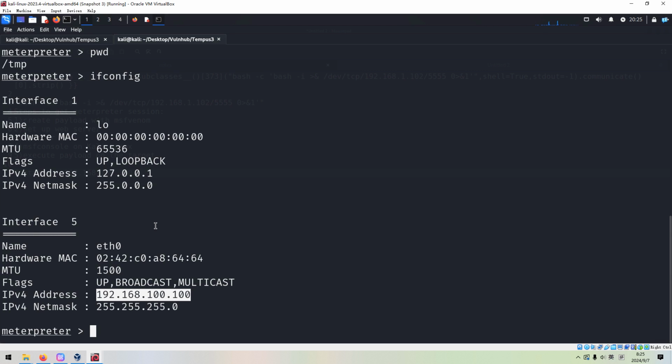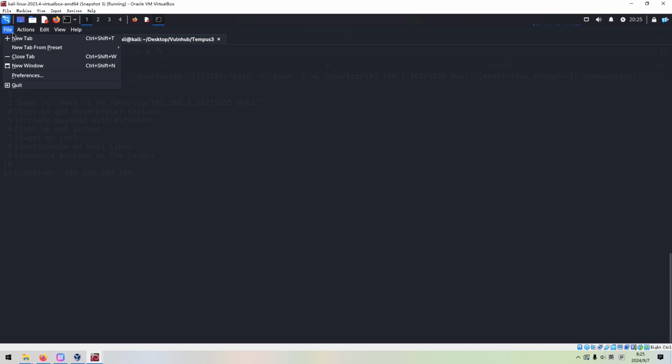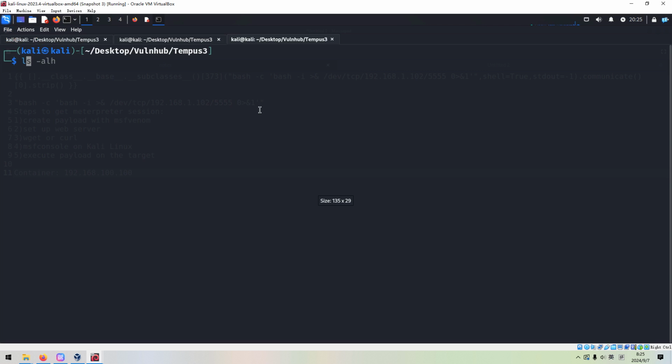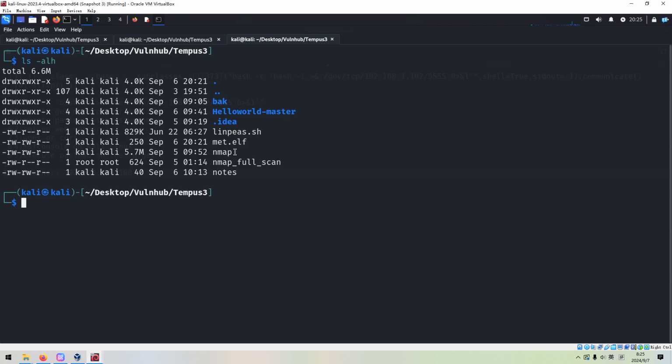Metasploit has a scanner module, a TCP scanner, but I think the performance is not great. I'd like to use another way. We can upload the Nmap binary to the target. Okay, so how to do? I've already got this binary ready, which you can get from GitHub.